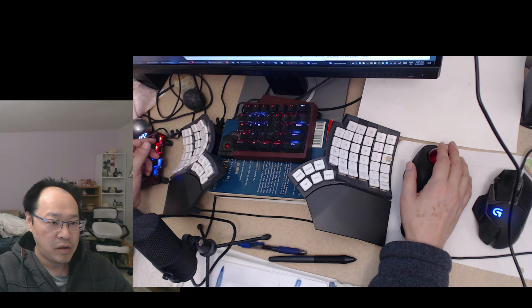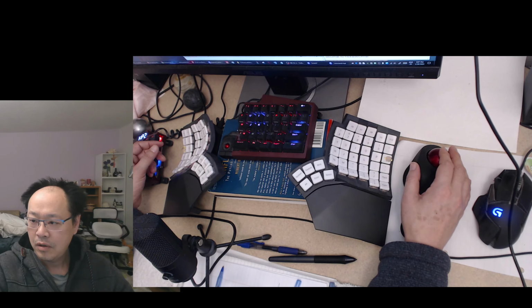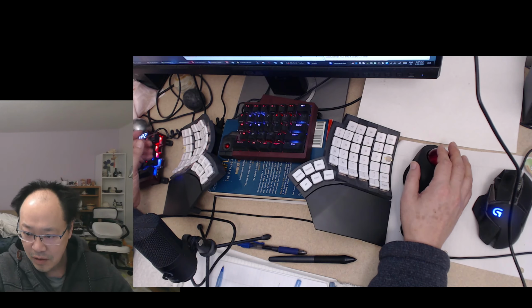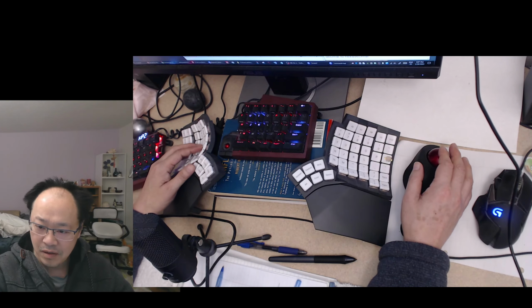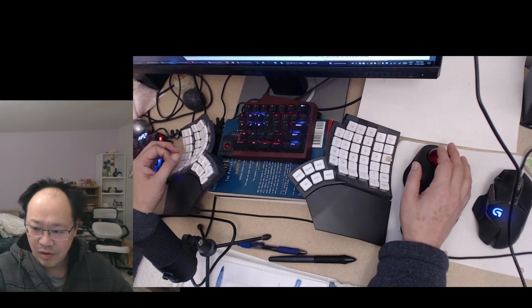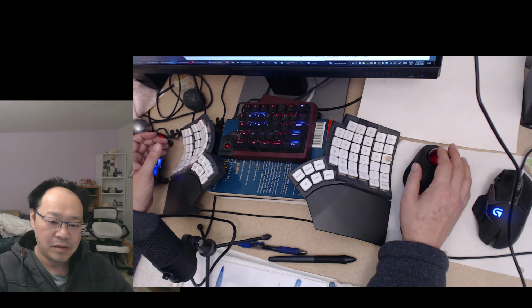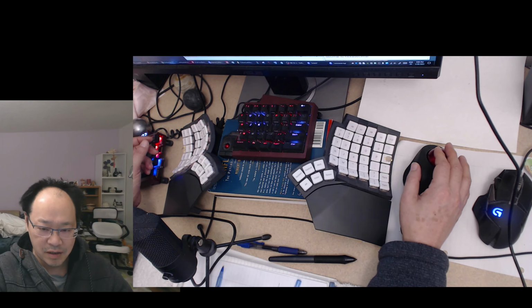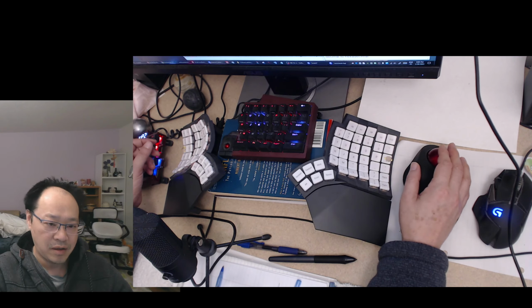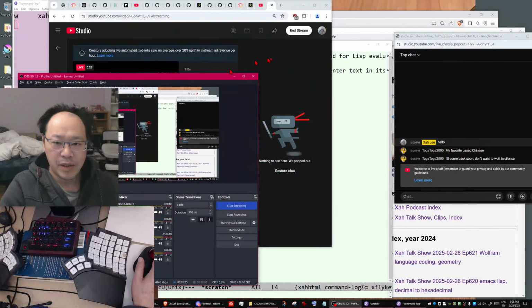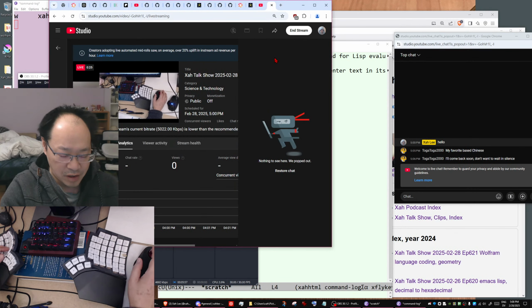We're going to code Wolfram language. If you are here, say hi. Hello, Toga Toga. I think I remember you, Toga Toga. Where you from? And we're gonna code Wolfram language, plane curves, geometry. Okay, you're gonna learn some mathematics and Wolfram language coding. I'm just gonna go slow, easy.